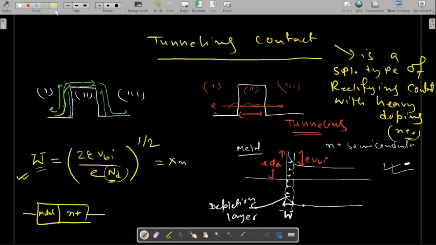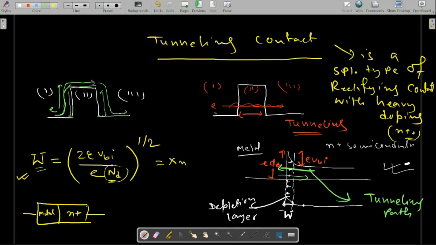But it is not a problem, because now instead of crossing the barrier, the electron will tunnel through this path. So this is the tunneling path. I think it is clear. The electron will tunnel through this path without facing any barrier. The barrier exists, but it will not create any problem, because there is a tunneling path. The electron can easily tunnel from metal towards semiconductor, or from semiconductor to metal side. And since we are not facing any barrier in the tunneling path, its IV characteristics follow Ohm's law. It's almost linear in nature without any barrier.